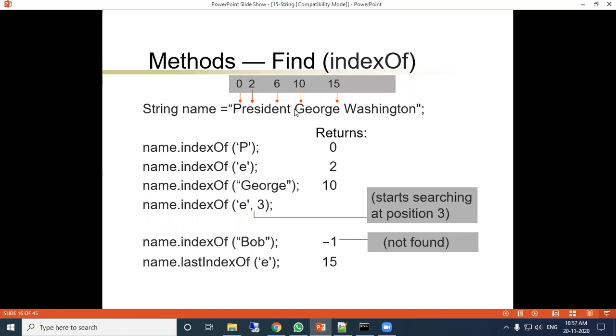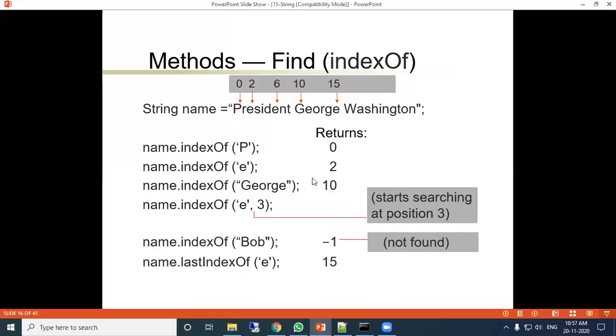Then indexOf for a string. Suppose name contains President George Washington. name.indexOf p means it searches from the left side for the first occurrence. P is stored at position 0.